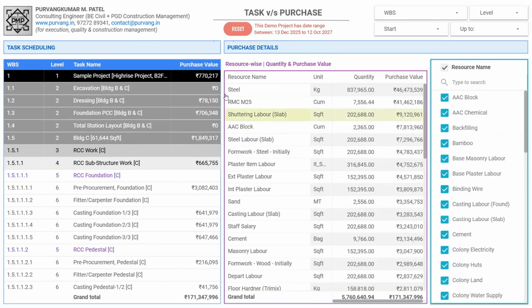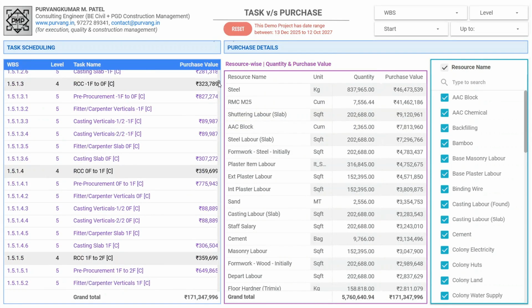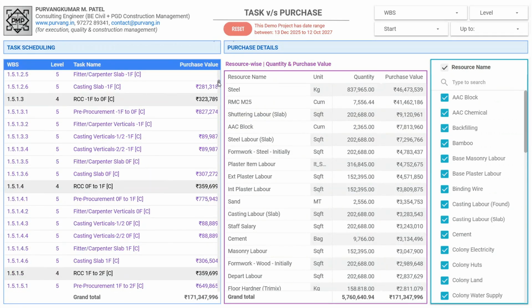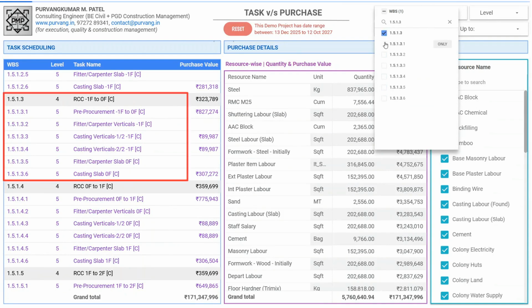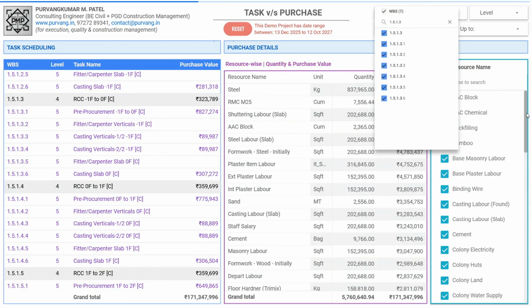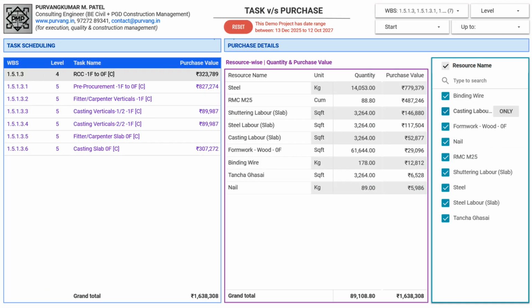For instance, suppose we want to monitor the cost associated with the Building C-1 floor to ground floor activity. First, use the WBS filter to select WBS number 1.5.1.3 and all its subtasks, numbered 1 through 6. You can see the main task and its subtasks appear in the table on the left, along with the cost, or purchase value, for each task. Here, we can see that the combined total cost for the 7 tasks involved in the Building C RCC work, from -1 floor to ground floor, is